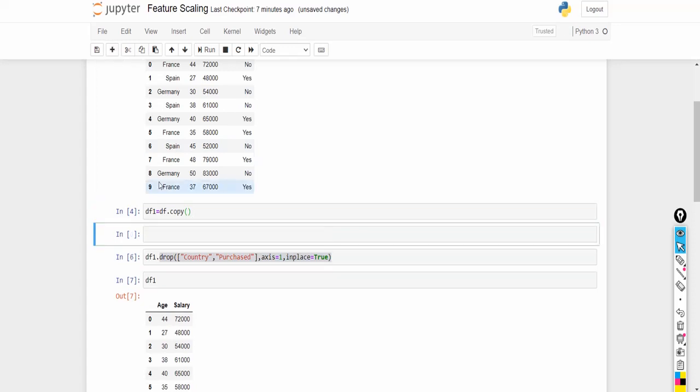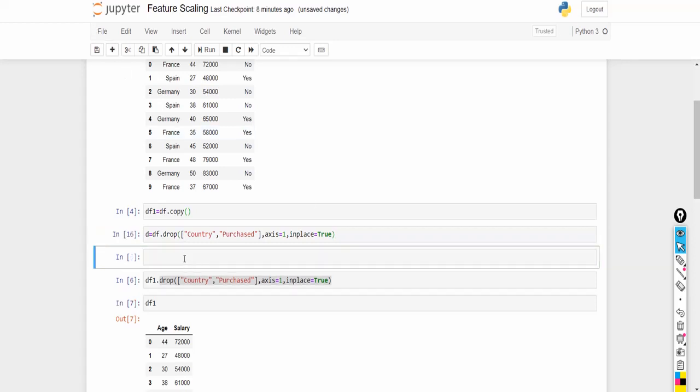Let me use an additional step here. Let me create a data frame named d. d is nothing but df.drop of these things. Okay, so once I do this, let me print my data frame. What happened?